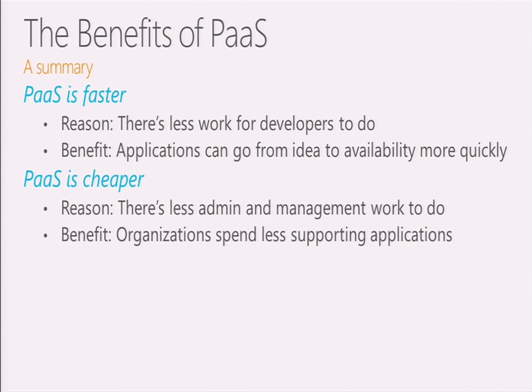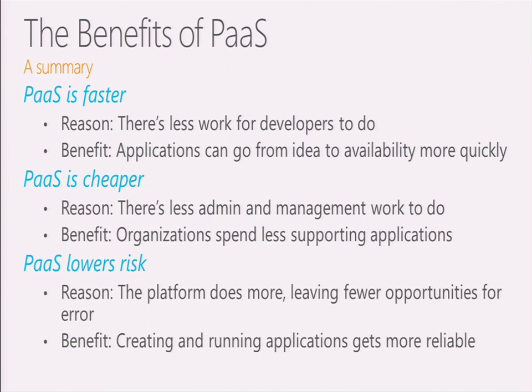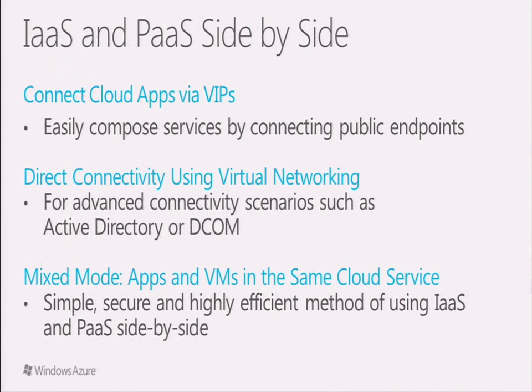It was probably cheaper because it was compute based. It was pay as you use or pay as you go. So you only pay for what you use. And then it was lower risk. If the project didn't work out, no problem. You only invested a few dollars versus lots and lots of dollars on infrastructure purchases that may not ever get reused again for another project. So there are definite benefits, and a lot of those benefits now also apply to IaaS when you run that in Windows Azure. So when you look at them side by side,